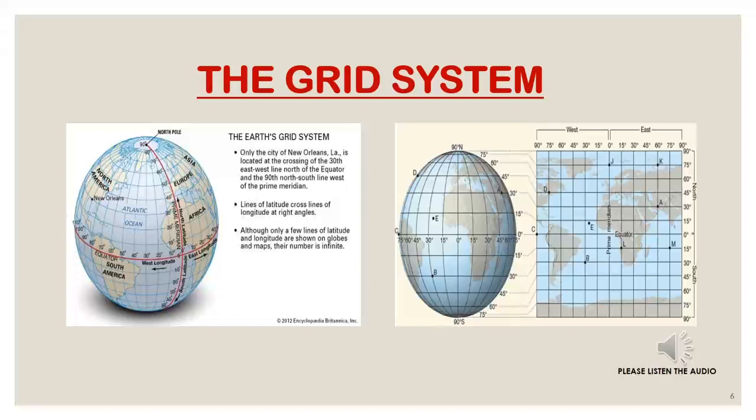This is known as the grid system. Here in the picture, I can tell you there is one more picture given. You can see a few alphabets drawn, like C, D, E, B, L, M, A, K and J. Some particular points are seen, like D. If you look at the top of the side there is west and east, and if you look at the side there is north and south. So when these two lines intersect, it is called the grid system or the geographical coordinate system.